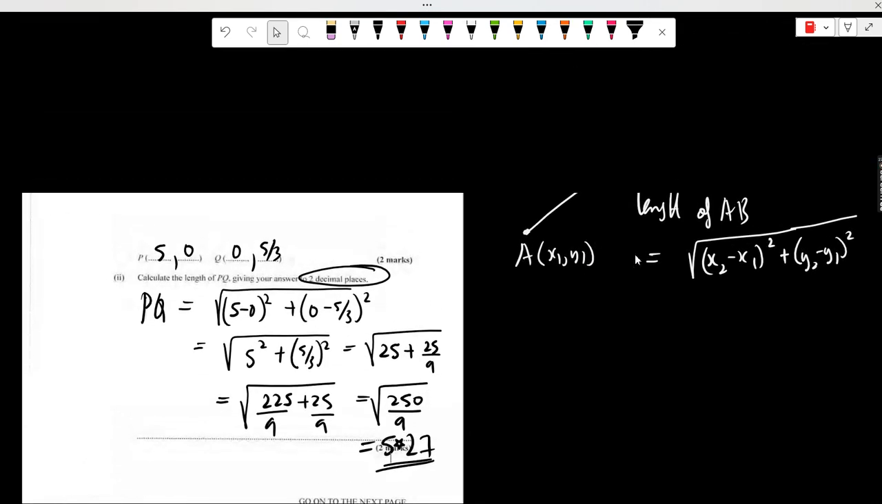Again, this question is about coordinate geometry. These are coordinate geometry related topics, right? R is a midpoint of PQ. Determine the coordinates of R. So since I already have a general line here,